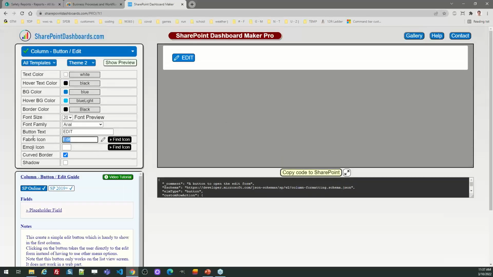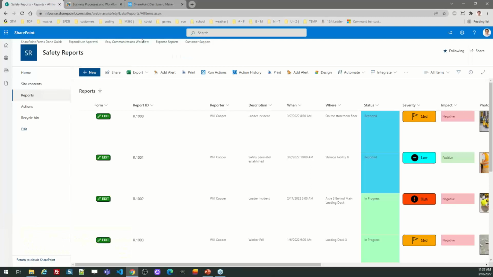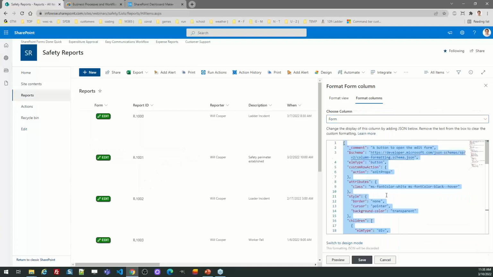And every time I make these adjustments, it changes real time. So I know exactly what it's going to do before I ever get back over into SharePoint. Let me change the font size back down again. Okay, and then all I have to do, I hit the copy button, and then I can switch back over into SharePoint. I go to the column settings, and I just paste it in and save,